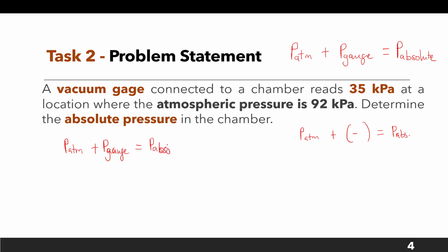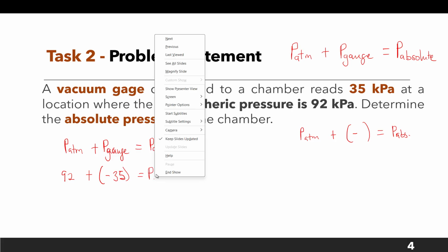In this case, the atmospheric pressure here is 92 kilopascal, plus the negative gauge pressure, which is negative 35, must be equal to our